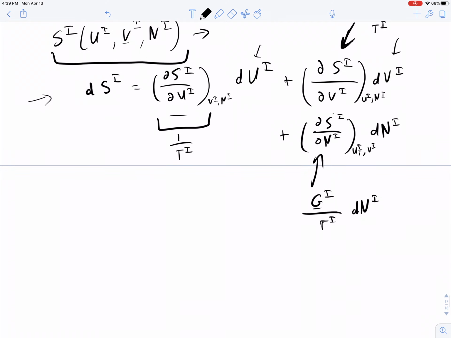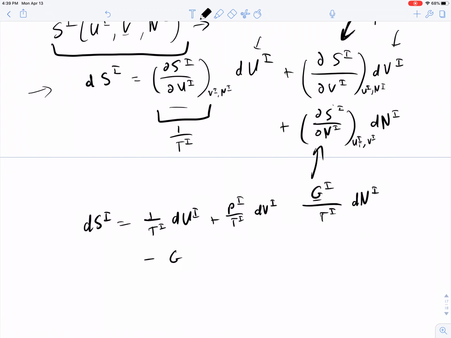So we can rewrite this whole equation as 1 over T1 dU1, not dS1, dU1, plus P1 over T1 times dV1, okay, minus G1 over T1 dN1. In all of our relations, whenever you see dN1, a change in the number of moles of